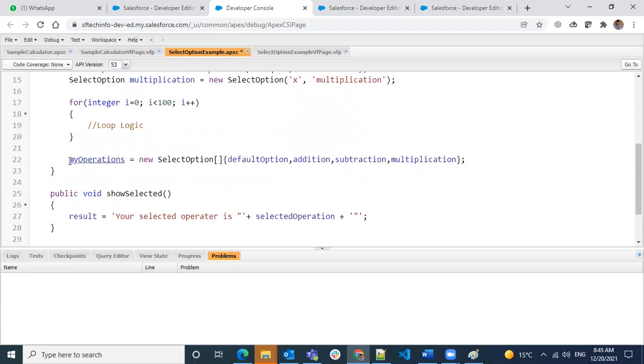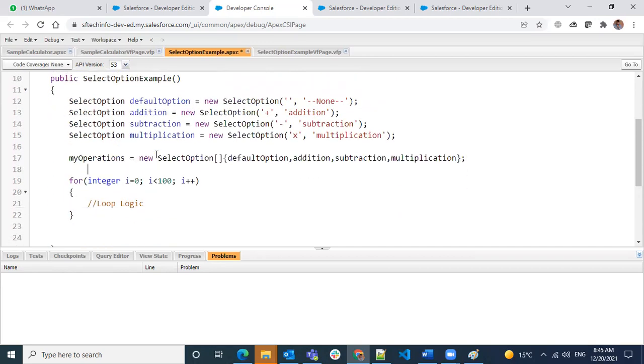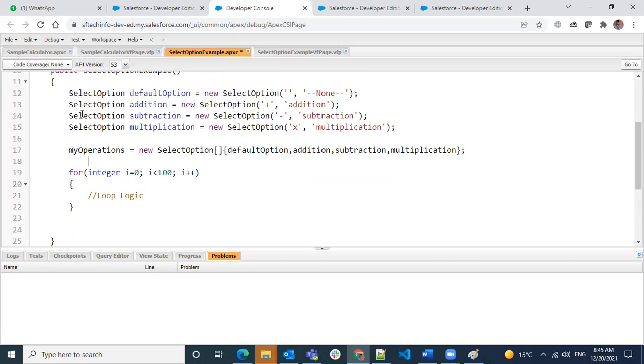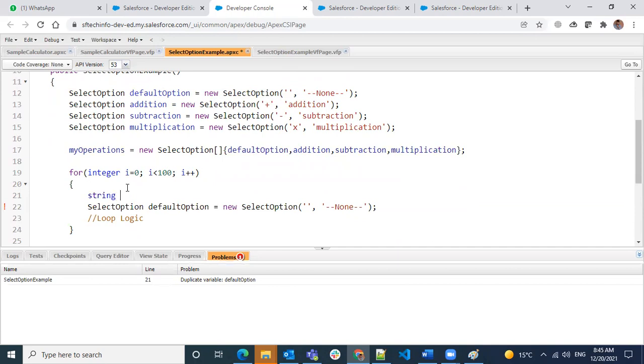I want to do this operation before my for loop, so it will not disturb mine. Here what I'm trying to do is pick this option and do it in a for loop, giving the same values to both. I will declare a string value